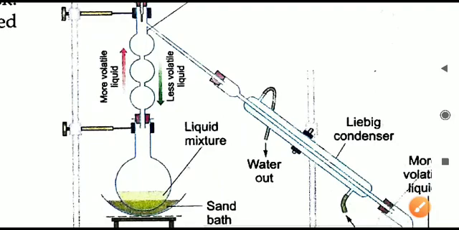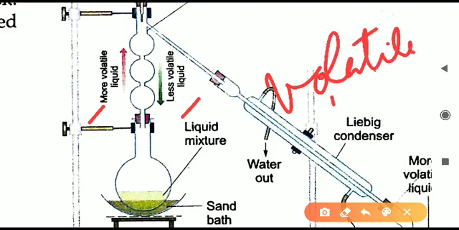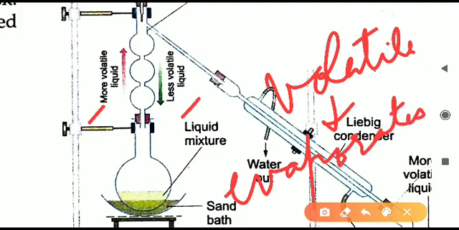Now in this you can see here, more volatile and less volatile liquid. What is the meaning of volatile? Volatile means which can easily evaporate. Some liquids are there, if we keep them in open air, then they will evaporate. Normally evaporation is done on heating. But what is the difference between volatile and evaporation? Evaporation is on heating, a volatile substance can convert into vapors without heating, like petrol if it is kept open in the air, then it will easily evaporate. You have to keep it closed.